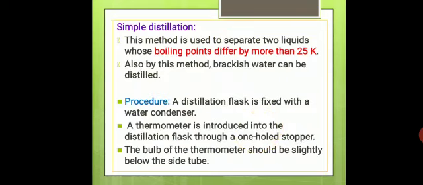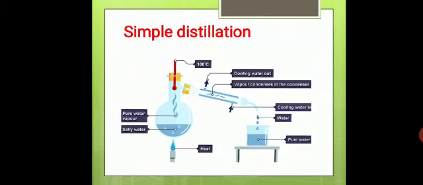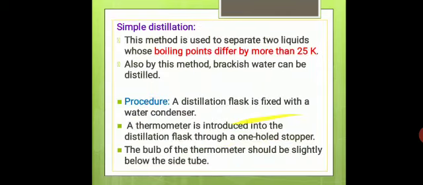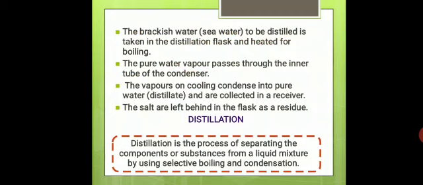Pure water alone will vaporize, and then it will come through this condenser and it will be collected here in the beaker. We will see the working procedure also. Then finally the salts are left in the flask as a residue. Once all the water gets purified, then salt will be left behind. Now by understanding this process, can you define distillation? What are the two processes which were involved in this distillation method?